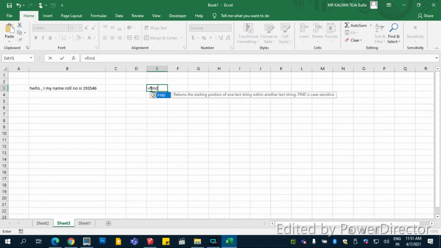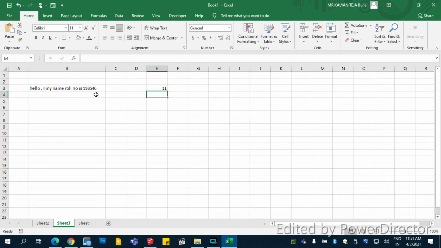Say I use FIND, and the find text should be the letter M. Comma, select where you want to find it and close the parenthesis, and you see it is the 11th character. 1 2 3 4 5 is hello, and 6th is a space, 7th is a comma, 8th is a space, 9th is I, 10th is a space, and the 11th is M. So that's what is written here as 11.